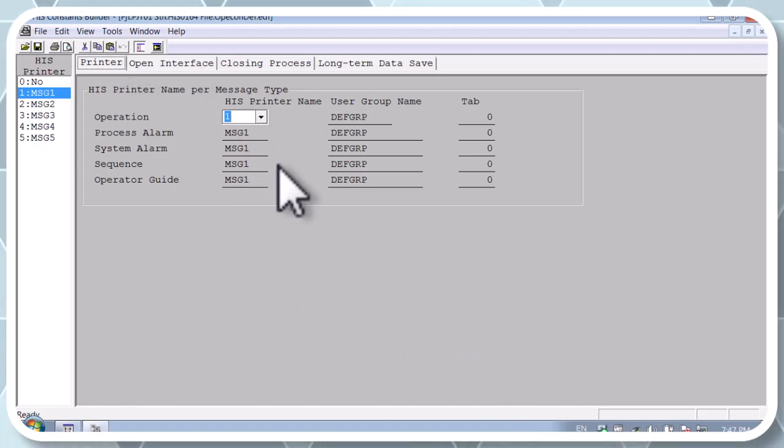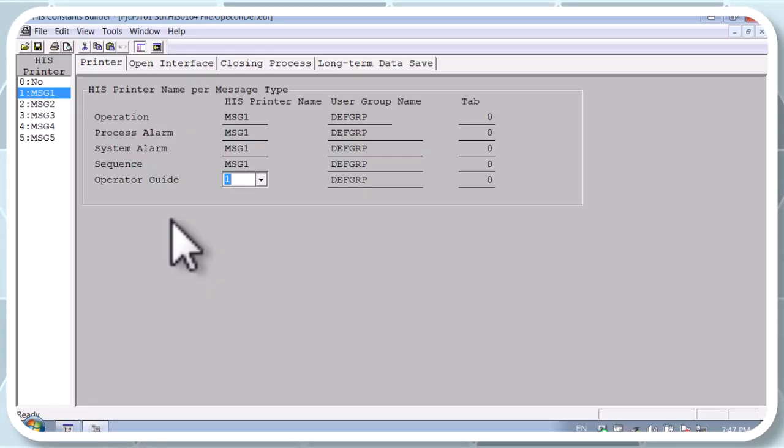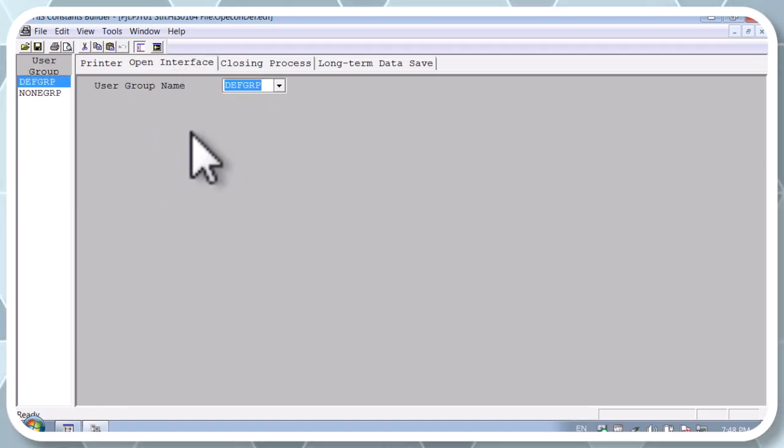And my friends, here we define which messages are automatically printed on which printer. You indicate your printer here and you indicate your message. You can change it from here. And we will work with this feature when we learn about the make report. We will do it after we completely finished our project. So next tab is the open interface, and it allows alarm and event messages to be sent